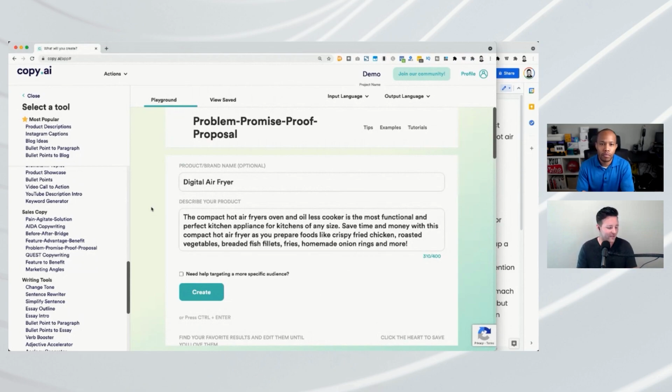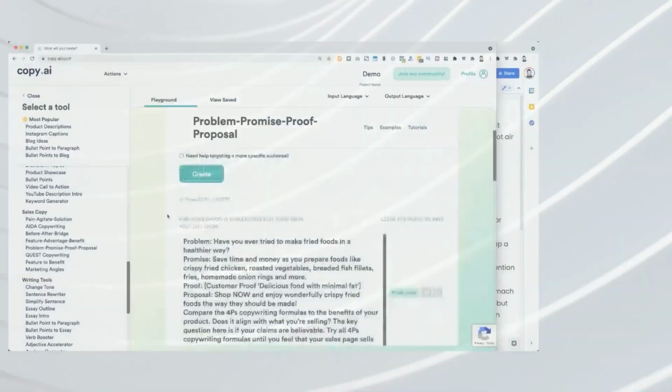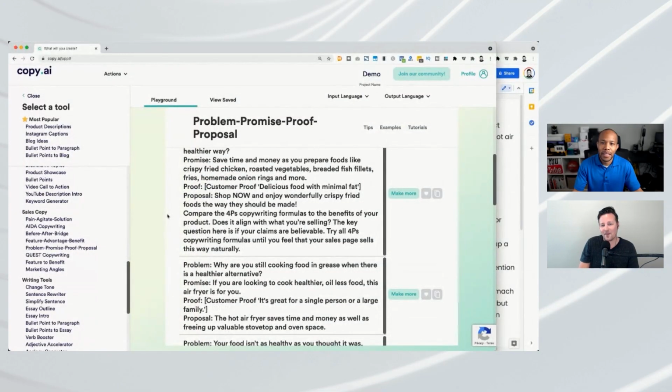I ran it by someone who's an annuity consultant, in the financial space, and I know nothing about this. So I took just one paragraph from their website. I put in their company name. I took the paragraph that they use to describe themselves, which I didn't even understand. It had jargon and acronyms that I didn't know anything about. I dropped it in here and it gave me all this good stuff. And I ran it by her.